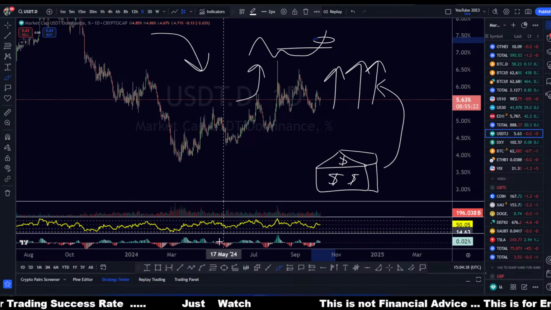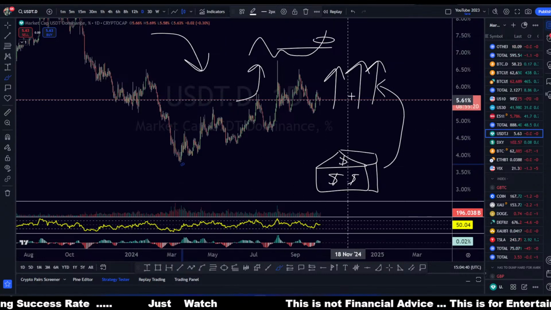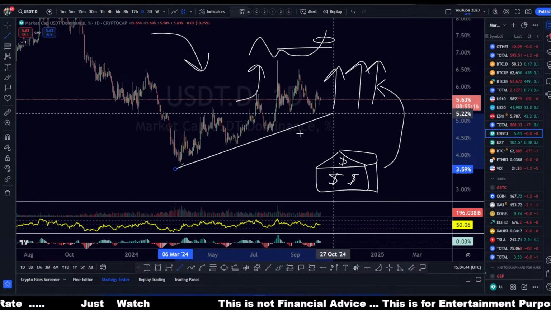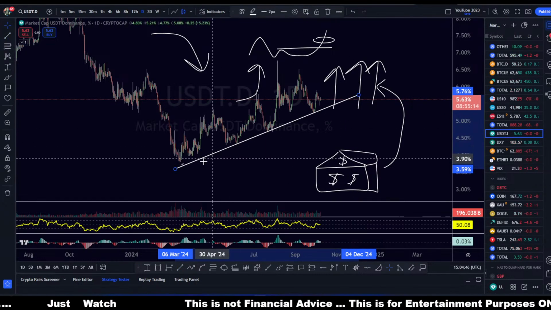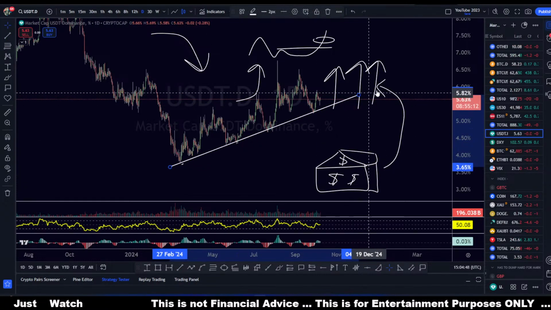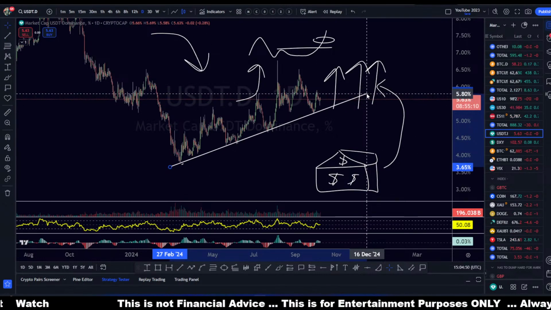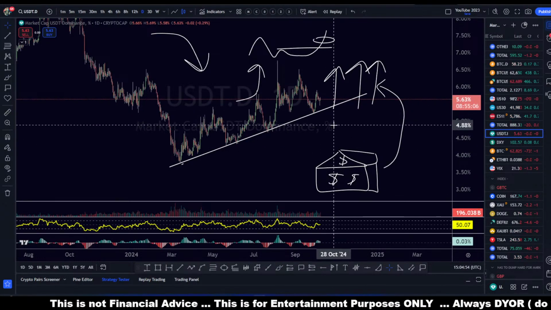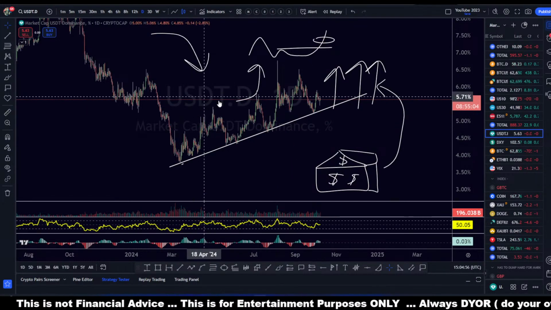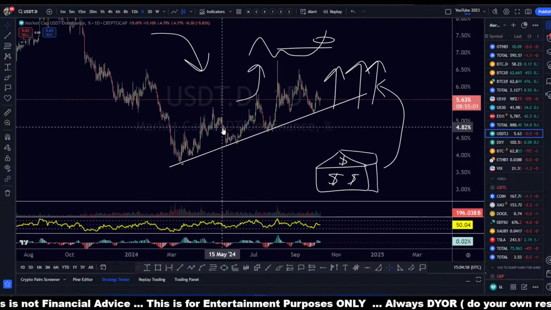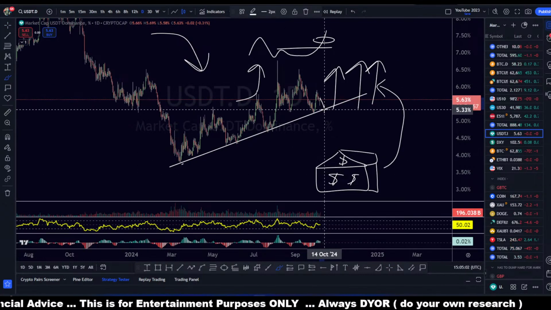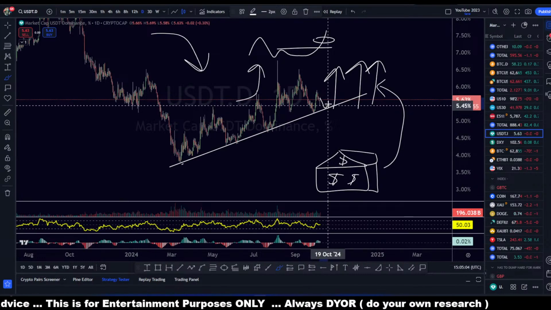But Joe, we have support right here. We have support right here, Joe. And if it breaks this level, we're coming down. I mean, if it will break this level, we're going up, because people who get out of USDT is because they're buying crypto. So if the price comes down here, or USDT dominance comes down here, and then comes down